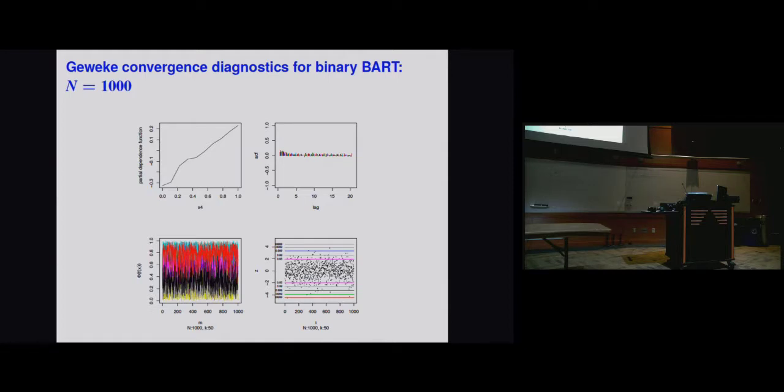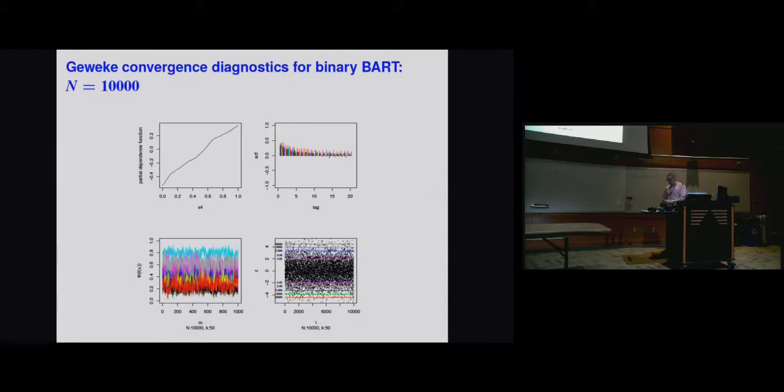And again, most of them are between these two lines. Actually, since we're dealing with 1,000 now, we should be using the blue lines, right? So very few points outside of the dark blue lines. Okay, so this is how you use the Gawecki chart for a binary BART to determine if you're having convergence issues.